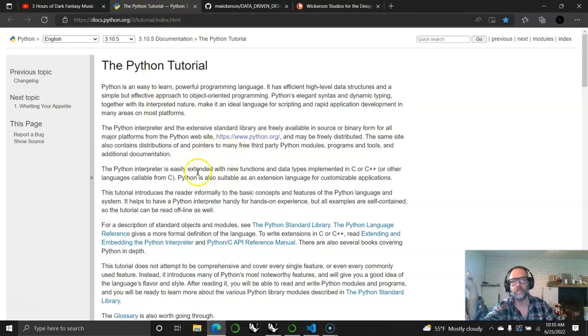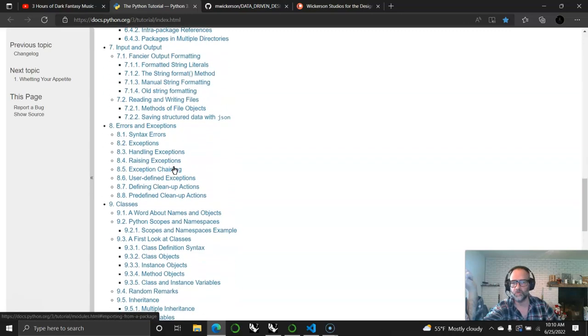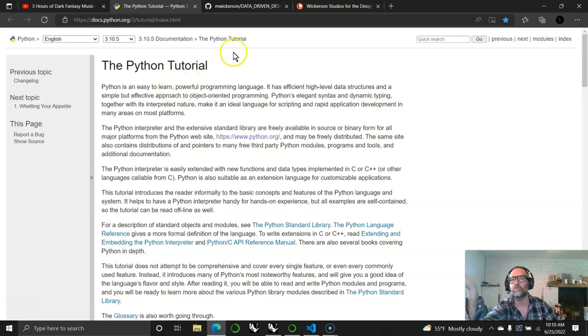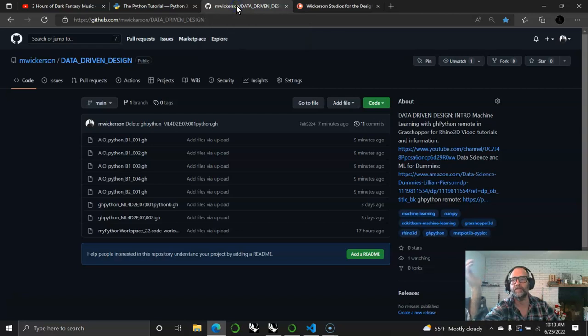what websites are worth looking at. Obviously, the Python tutorial, you don't have to go through this book. You can go through any online Python tutorial, and that would help you, I would say, work right from Python's page. And then I have put everything in a data-driven design GitHub page so you can see all of the